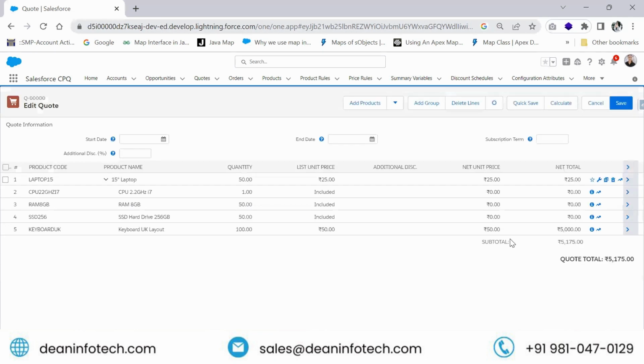So here you can see this laptop and all these related options such as CPU, RAM, SSD. So hardware and all these products are bundled together in the 15-inch laptop, and you can see the pricing for each of the components, and there are totals as well. So you can see the subtotal becomes